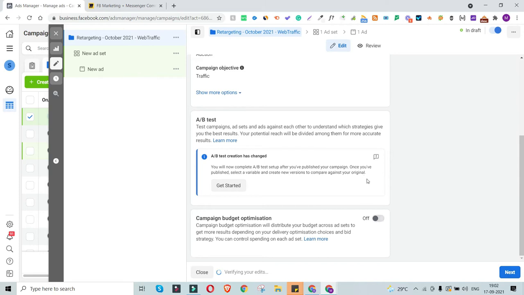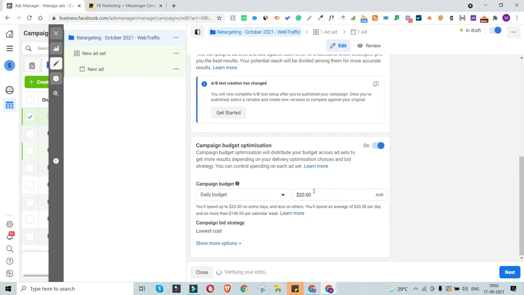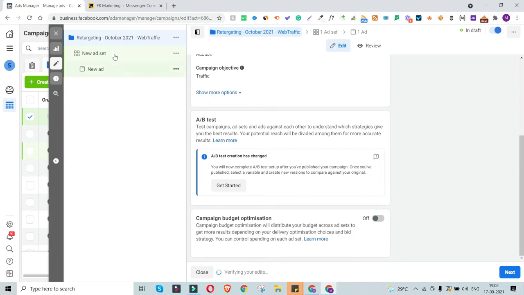I will also go with the campaign budget. Campaign budget optimization helps you distribute your budget across all the ad sets. That means if you select one budget over here, so right now if you click on this, you will have to select the budget. If you select the budget, this budget will get distributed across all your ad sets. This is something that you should choose if you are planning to have all these ad sets be of a similar type. In case you are trying to have multiple types of ad sets, in that case you need to switch this off and have a specific ad budget for all the ad sets.